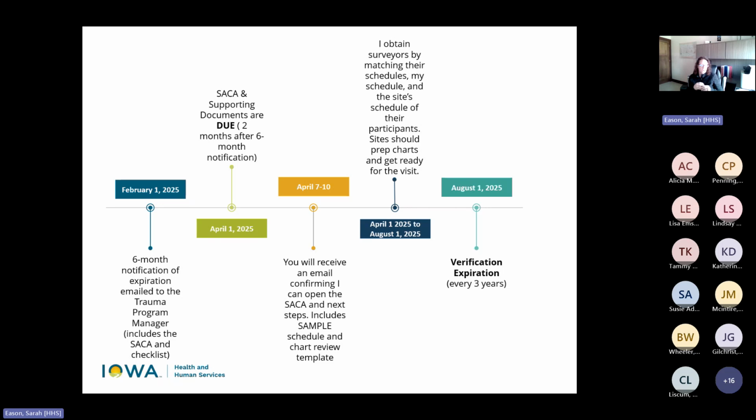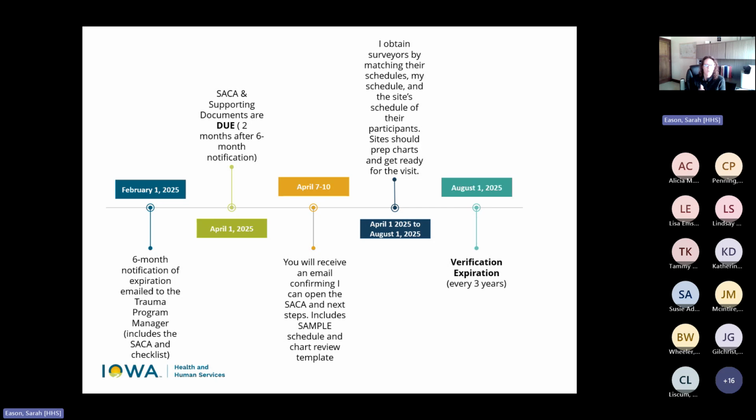So you want to make sure that you're counting backwards to make sure that you're going to have what you need to have on the SACA. In that registry section of the SACA, the excerpt I just showed you, it will ask you all sorts of numbers about your trauma registry. And the reason why I want you to count backwards is because you need to make sure that those numbers that are on the SACA that are coming out of your ImageTrend registry match. And those cases for your review period need to be into the registry, they need to be done, and they need to be complete.